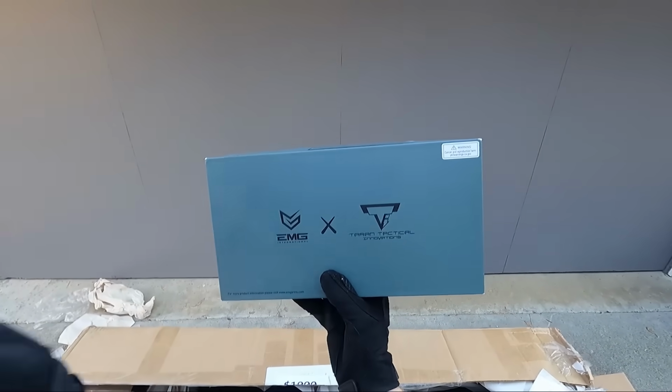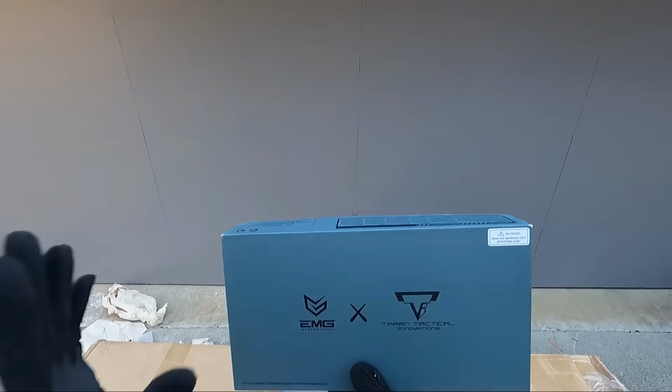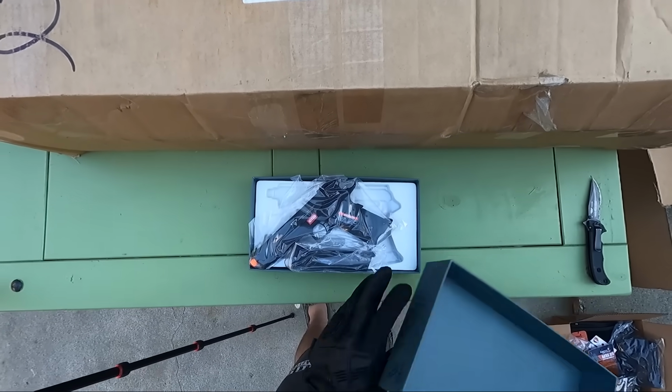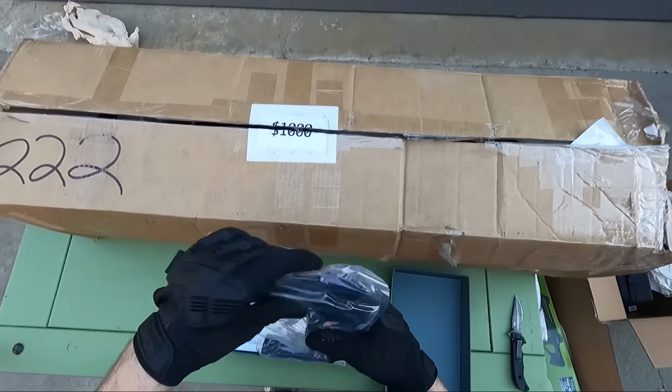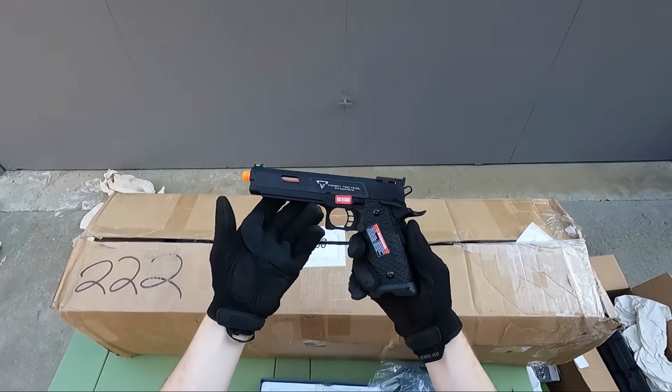Looks like we got, okay, so this is the same kind of brand as we just got, and it is an EMG. So it is a brand collaboration. I'm guessing this is a pistol, but let's check it out. First of the box, starting out pretty strong. Oh, okay. So it looks to be a similar pistol to what we got in the $200 box with some different